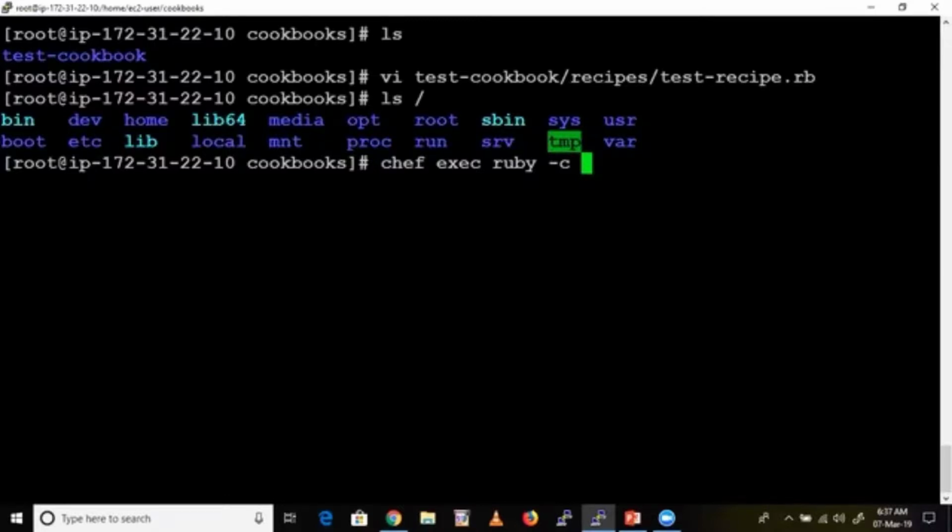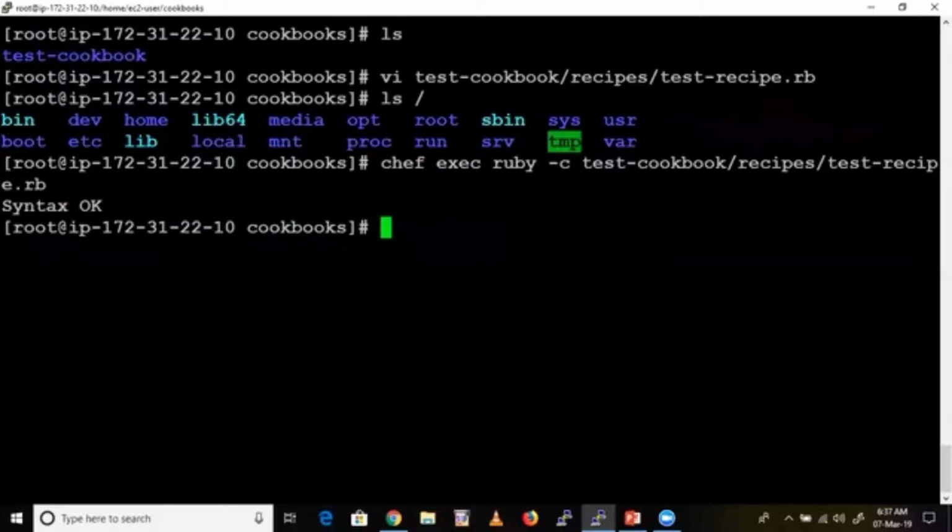You need to give the path. Path is very important, guys. That recipe is in the test-driven cookbook, inside recipes, the test-driven recipe. Chef exec ruby -c recipe name, and if the path is elsewhere, you need to give the path location. Enter. It is showing Syntax OK. That means no errors in that code as of now.